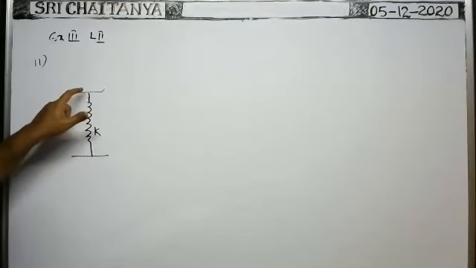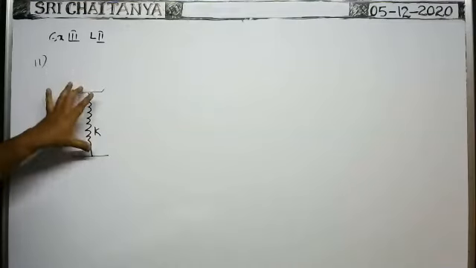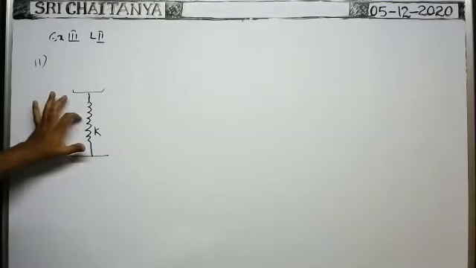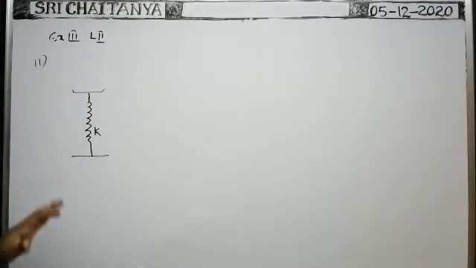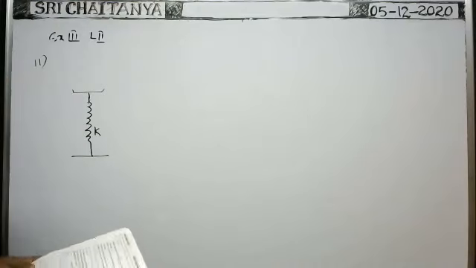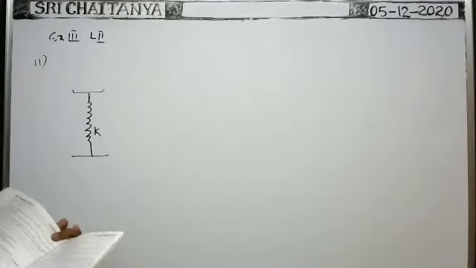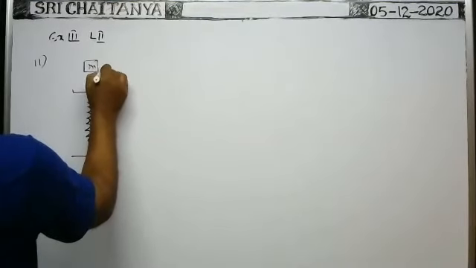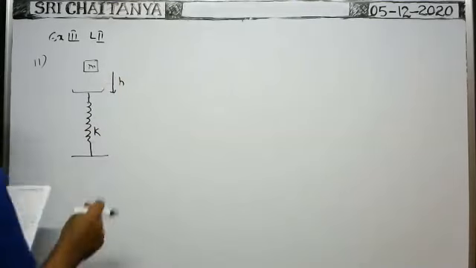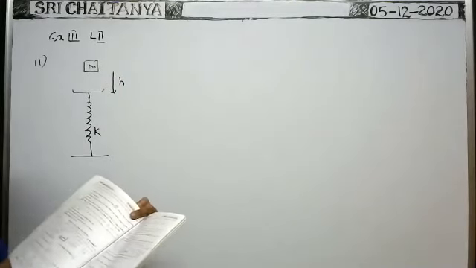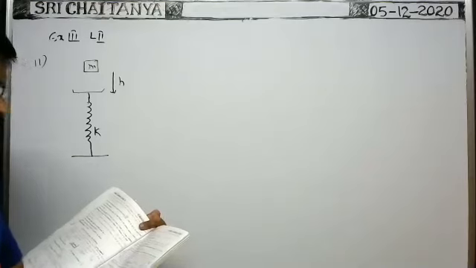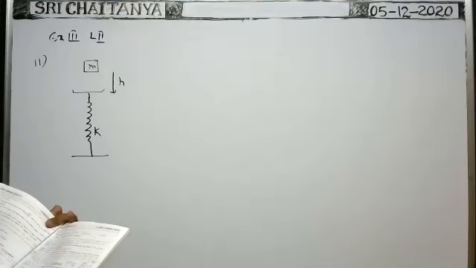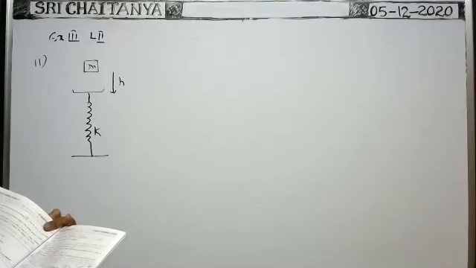The attached pan also has negligible mass. That's why due to the pan also there is no compression in the spring. That means whenever the system is like this, there is no compression in the spring, and the pan is at this position. Onto the pan, from a certain height h, a block of mass m is released. Then the amplitude of vibration will be.